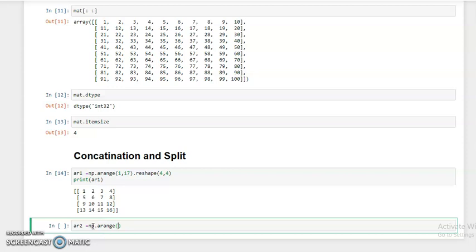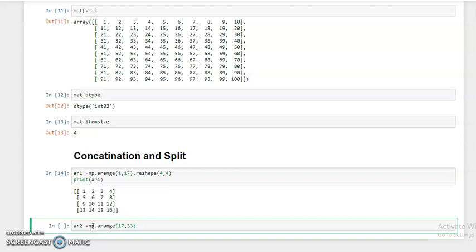So for this, 17 to 32 means 33, because the last index is not included, so 33 is excluded, and the total is 16 entries.